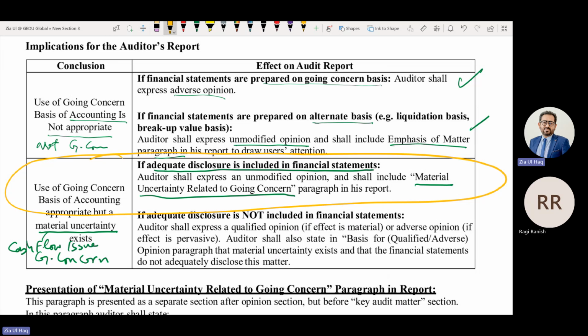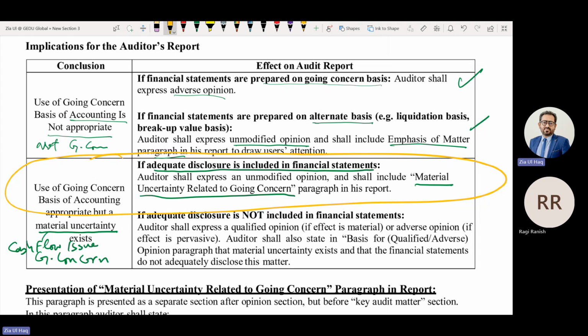If cash flow disclosure was required in the financial statements but they haven't provided it, that is a material misstatement. In that case, we will qualify the report and explain in the basis for opinion paragraph. We will use the material uncertainty paragraph when there is a cash flow disclosure in the financial statements that has been correctly disclosed.